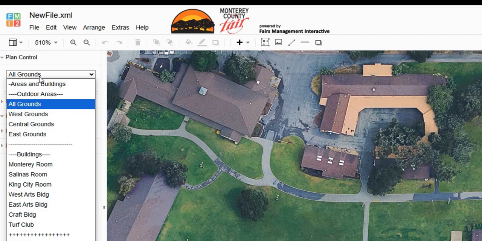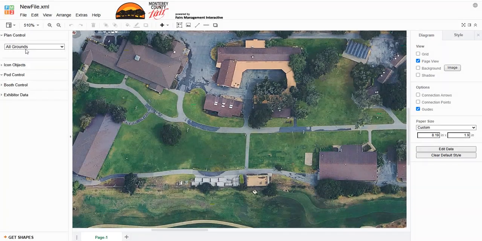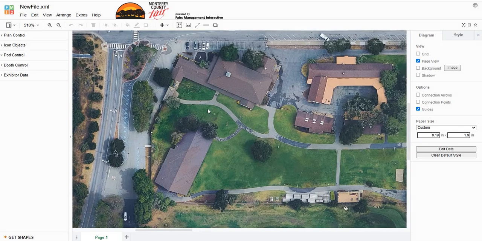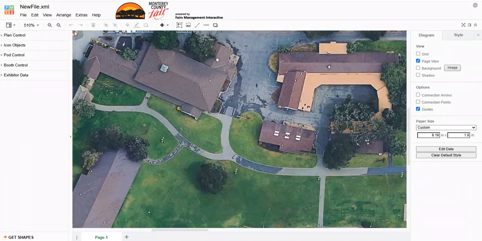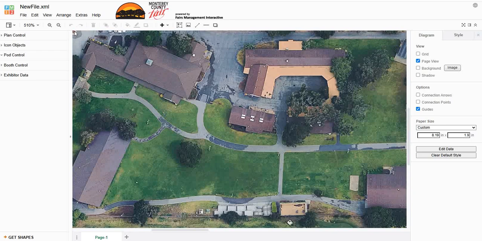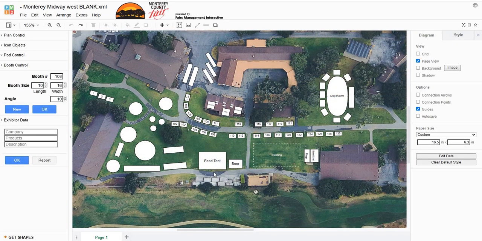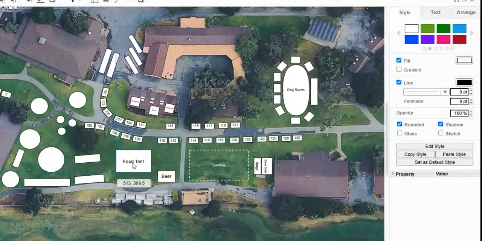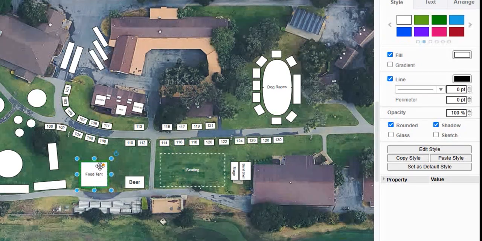Fairs MI begins with high-resolution, finely accurate scaled backgrounds and building drawings. Your computer mouse easily allows you to navigate the maps and drawings, panning and zooming in and out. And while with our tools you can choose to use just simple rectangles and circles to represent fairground elements, editing placements, rotation, sizes, and labels, Fairs MI offers an option for the most accurate, comprehensive, and easy to understand fair